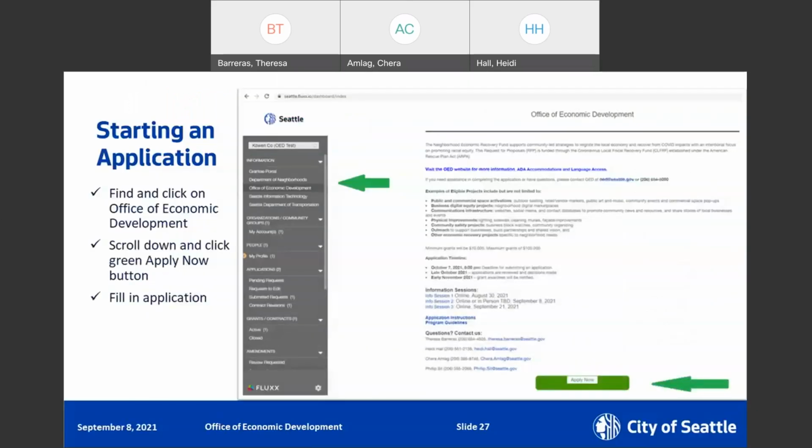Hey, Teresa, this is Don Blakey in the U District, and I think you kind of answered my question earlier, but in going through this, it looks like it wants you to propose one project for the grant application. I just want to double check: do you want us to apply a few times for different types of projects, or do you want us to brand a number of different initiatives under one header as a project?